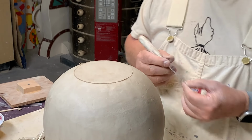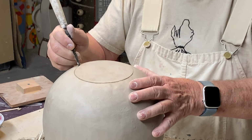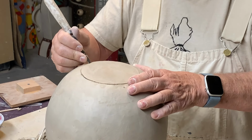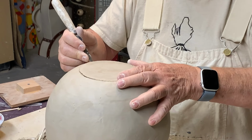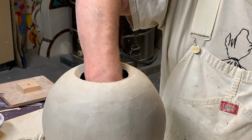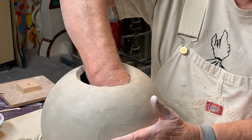Now I'm going to use my knife, my fennel knife, to cut this out. I want to cut it at an angle, not too steep of an angle, not straight up, about a 45, so that I have a place for it to sit. I'm carefully following my line, going around in a circle. If you get this nice and circular, you can put it back in any direction. You also want to think about if you cut it out big enough that you can fit your hand down inside, which is always really nice to be able to do. I can go back in now and kind of just smooth out that